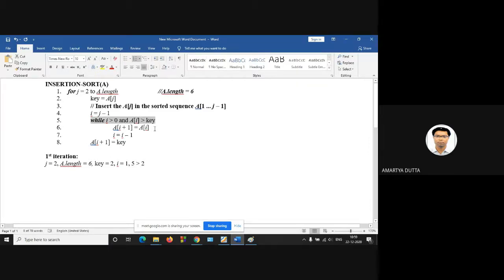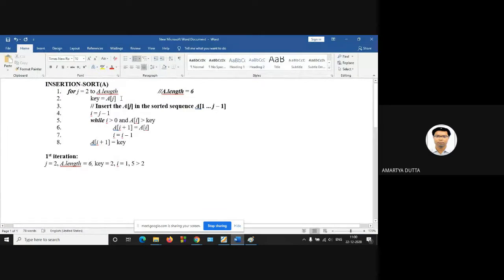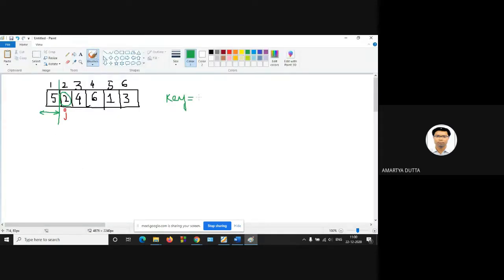Now what should I do? Copy the A of I value into the A of I plus 1 position. According to the algorithm, at line number 2 you have to copy the jth value into the key, so after line number 2 key is equal to 2.